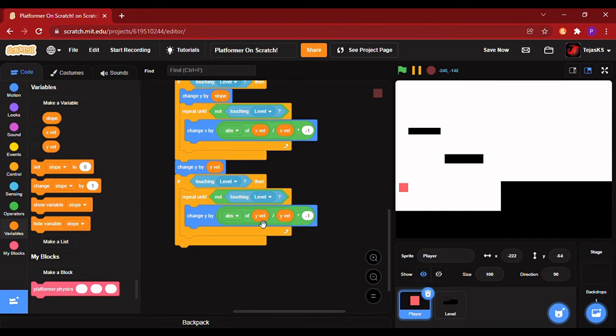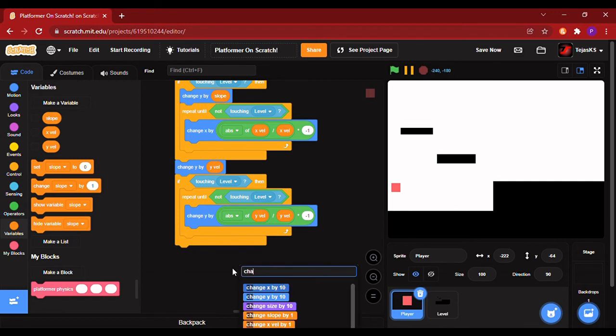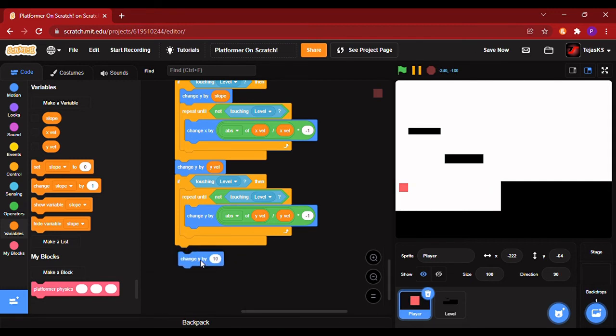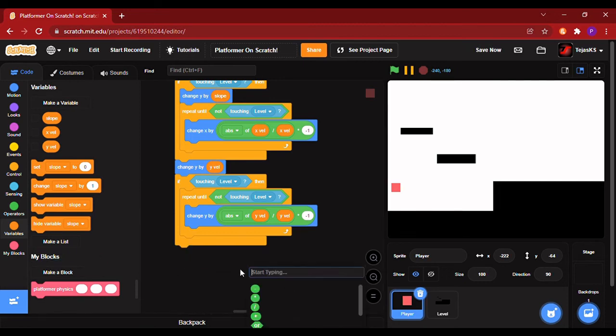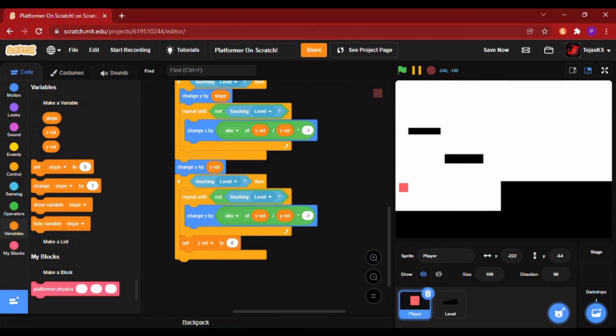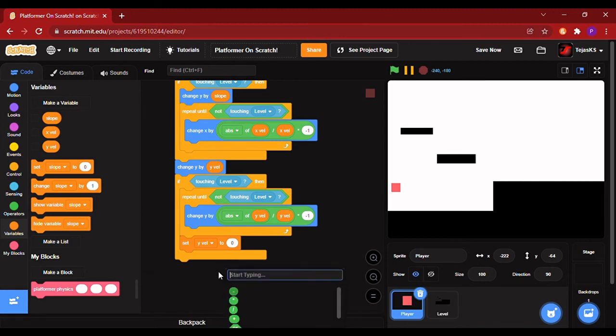Now firstly, we will put set y velocity. Set y velocity to 0. And then after that, change y by -1.